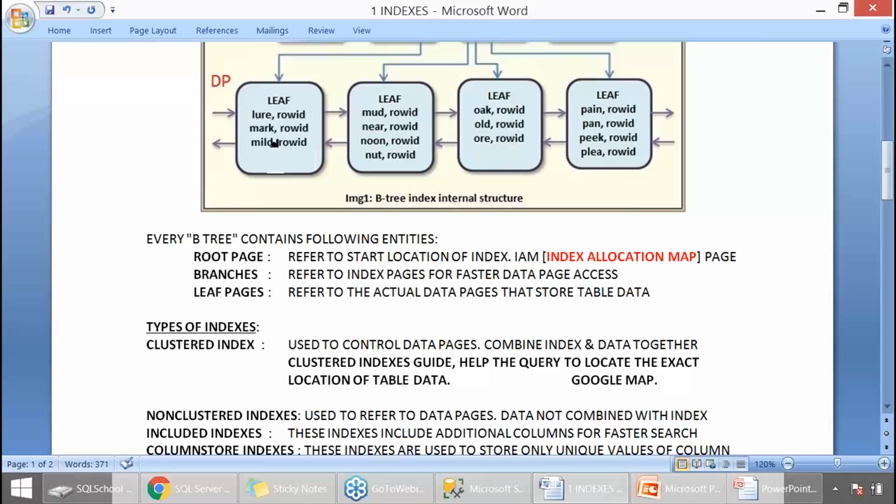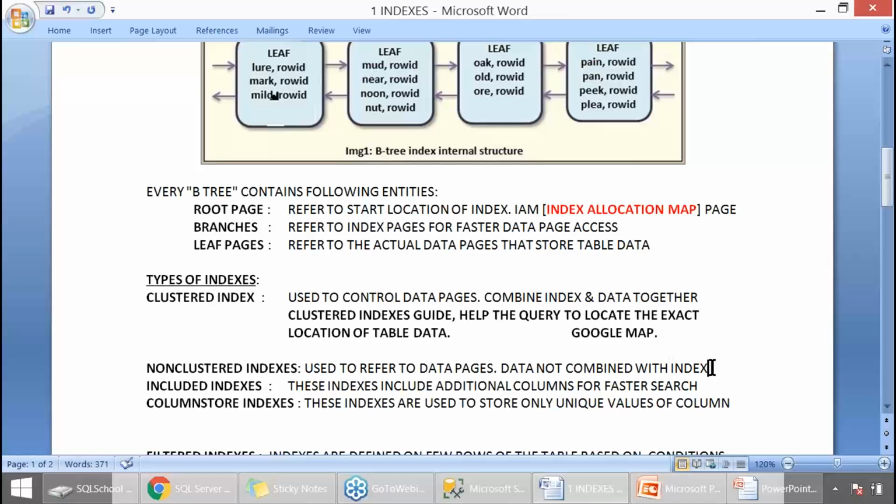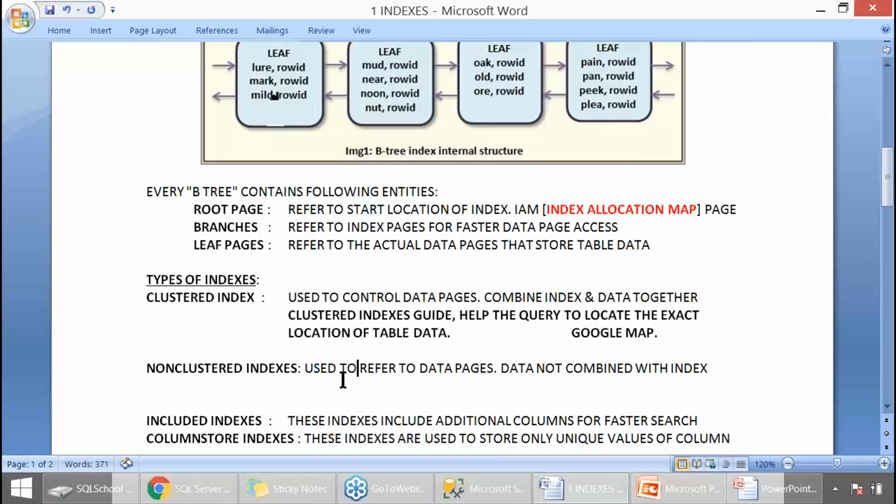Next, we have non-clustered indexes, which refer to data pages, with data not combined with the index.